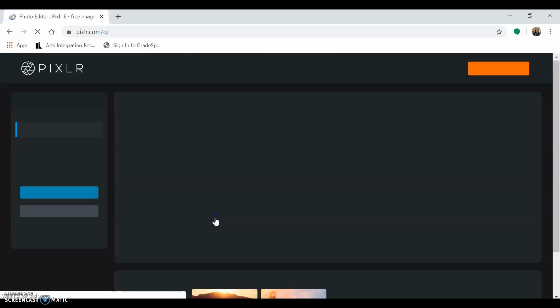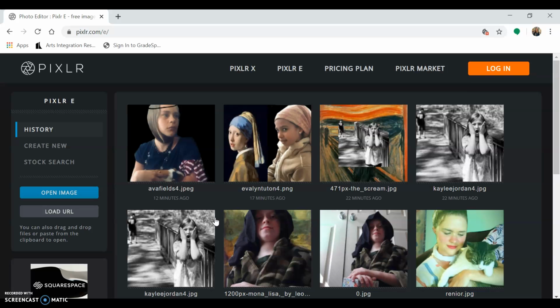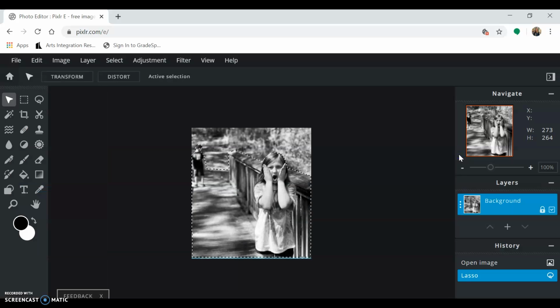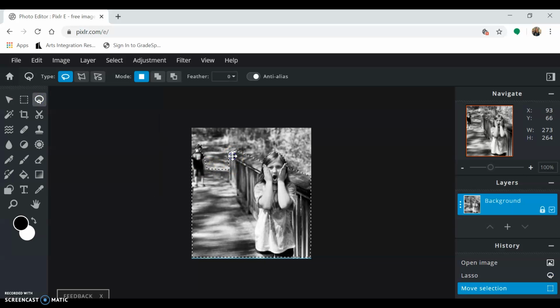I went to the Pixlr website and I'm clicking Pixlr E Advanced. I want to work with Kaylee's today. And I'm going to click on Kaylee's photograph. All right, so I have her photograph in Pixlr. And then I want to polygon lasso some of the areas. So I'm going to very carefully,